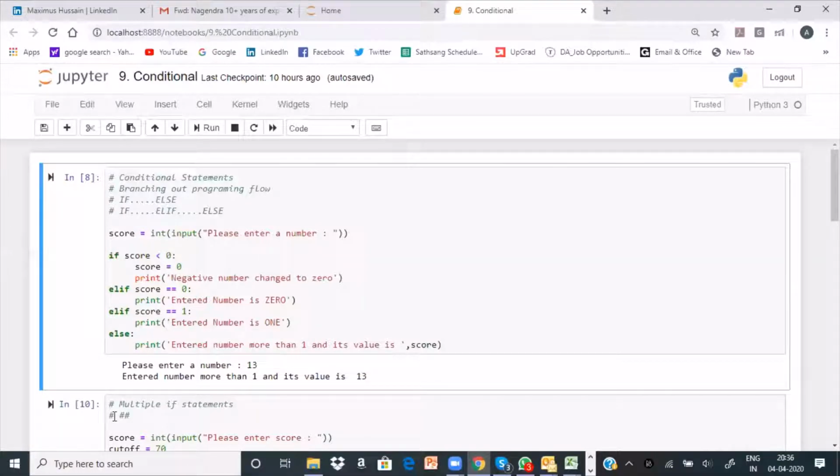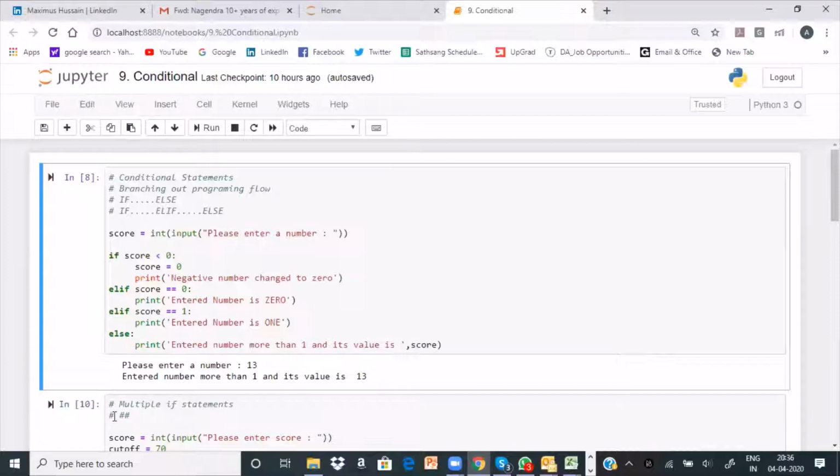Very simple. Same story, only little bit of change in the syntax with respect to other languages. There is not much difference. Okay. Conditional statement. Where do you use a conditional statement? When you want to branch out, or when you want to segment some certain actions, or when you want to divide the flow into multiple directions, that is when you use the conditional statements. As the name suggests, based upon certain conditions, you direct the flow of the program in many ways. Okay, that is how it is.